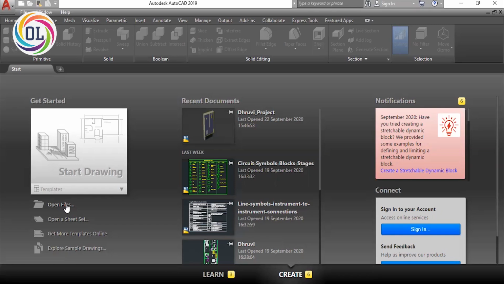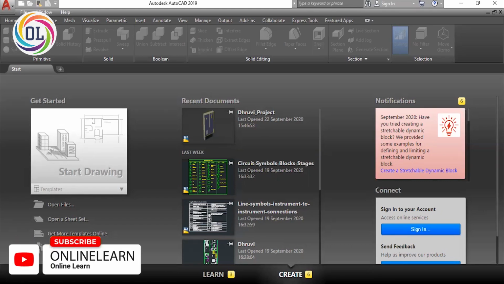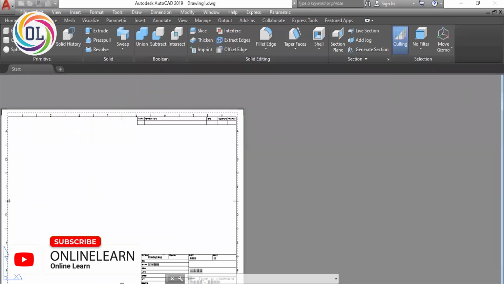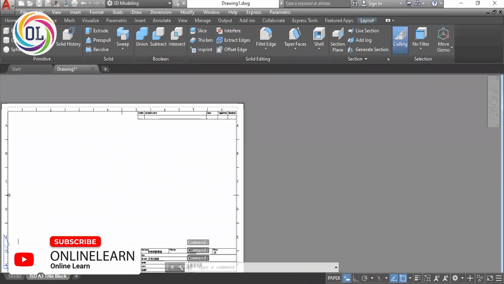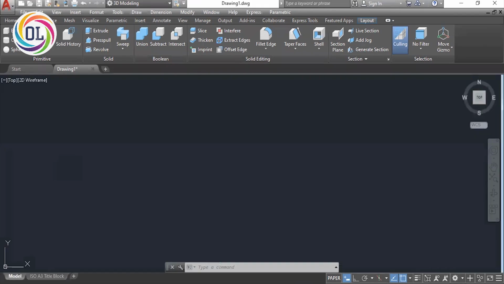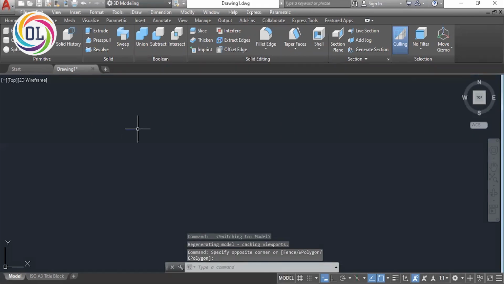So here today I show one demo section about the AutoCAD software. This is the 2018 version of Autodesk AutoCAD. Basically, the Autodesk company designs AutoCAD software. Here we will cover the 2D and 3D modeling features of AutoCAD. The course is divided into three parts: 2D, 3D, and isometrics.